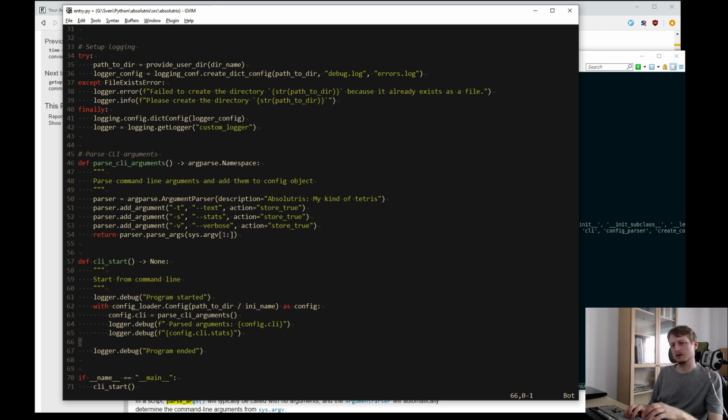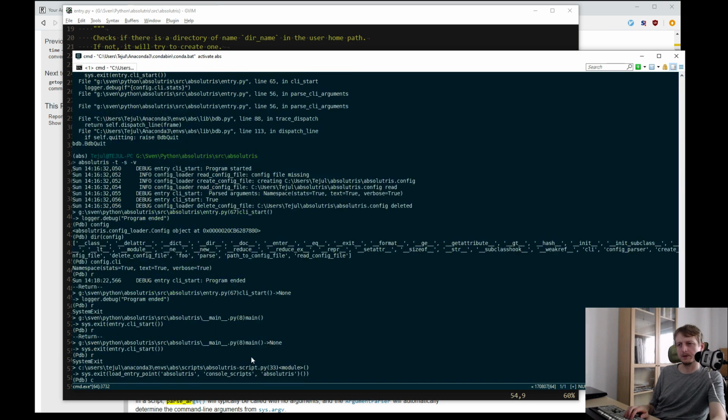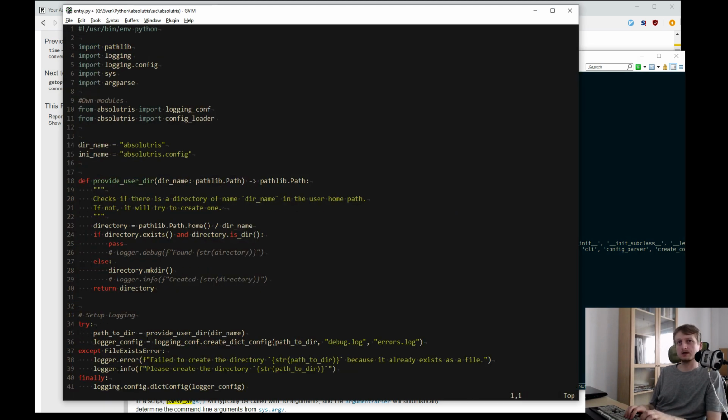So how can I import from generators? I think I need to do something like from absolutris import... wait a moment, how is my generators module done?